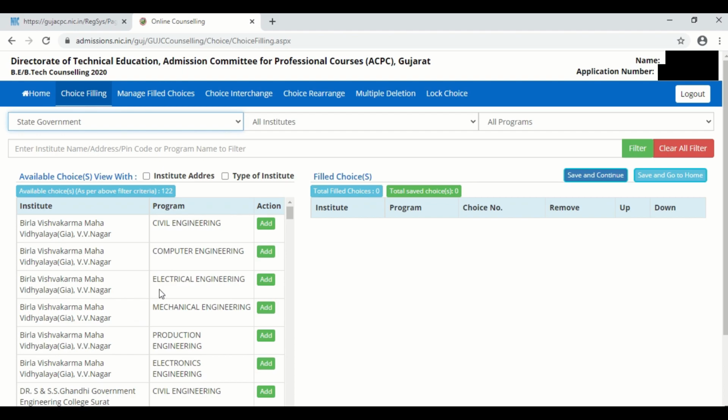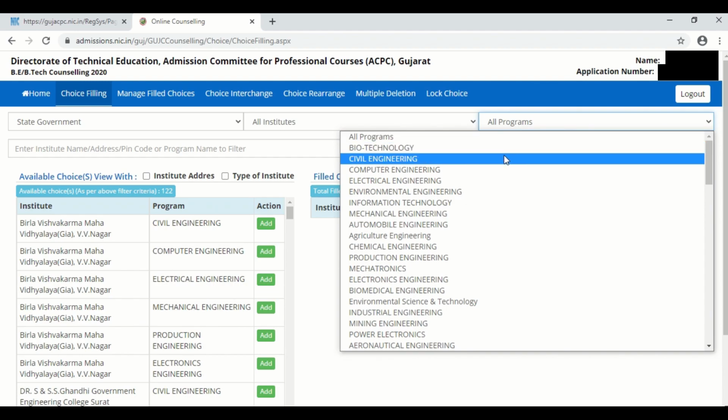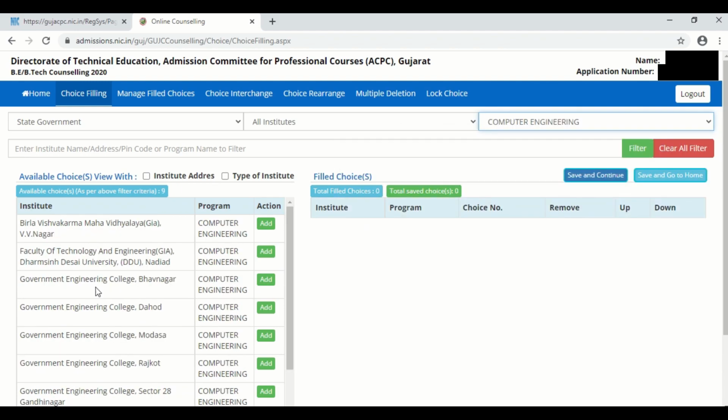So let me take an example. If you are selecting state government and say you want a particular choice of programs, let's say computer engineering, it will show only computer engineering of state government colleges.